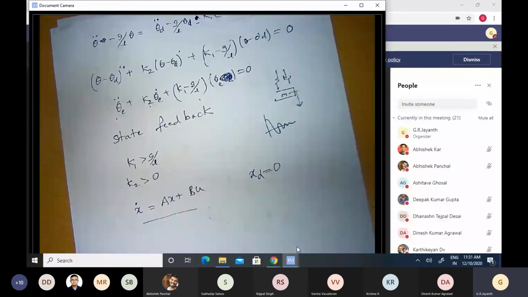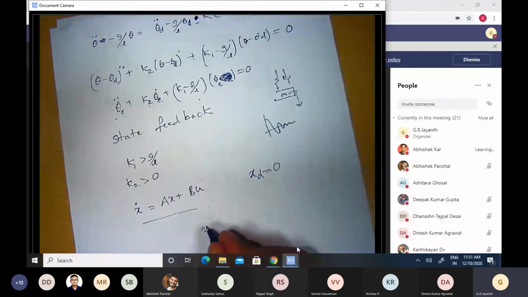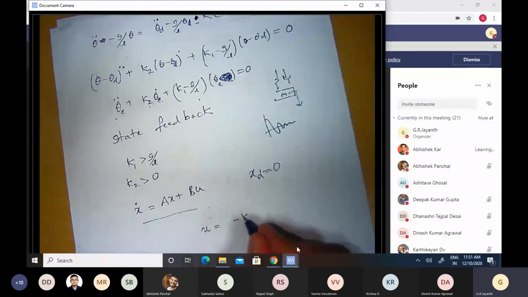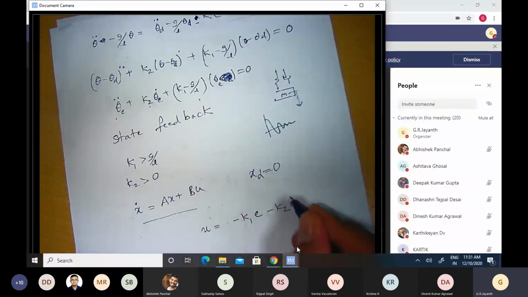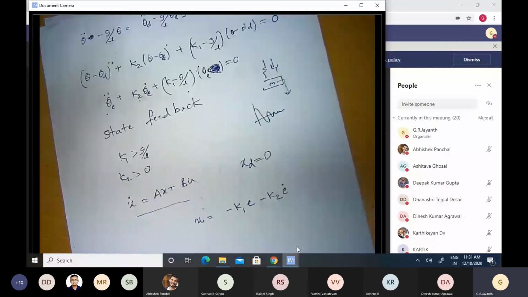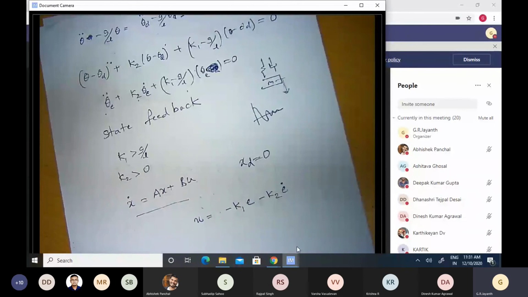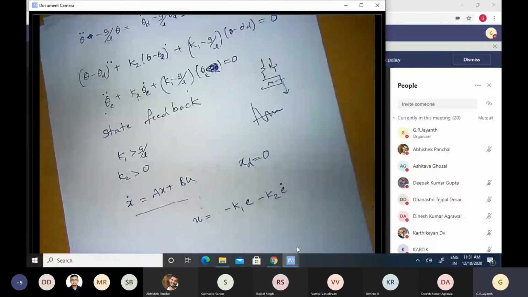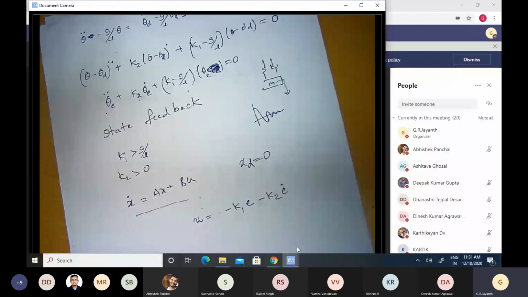So the way we go about doing it, in this case we applied a control effort U as minus K1 times E minus K2 times E dot, right? That's what we applied, and that's precisely the kind of control effort that we would apply even here. If we were only looking at getting the system to settle down to its equilibrium value, then X is some displacement from its equilibrium, and therefore this itself will be the error.